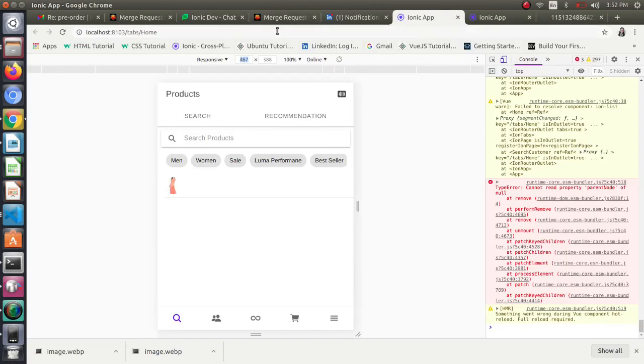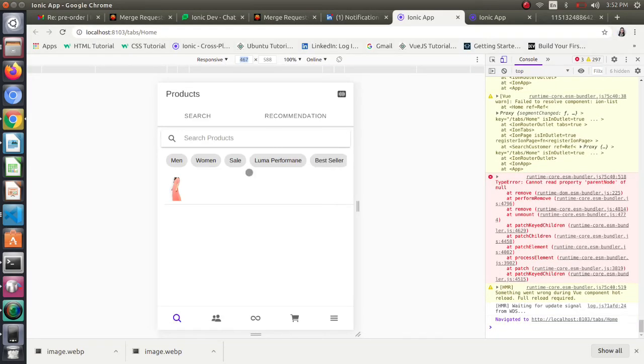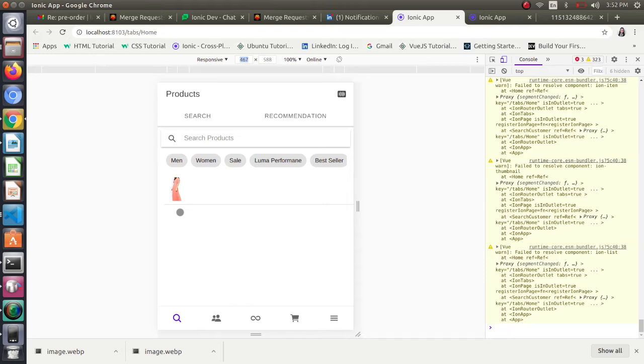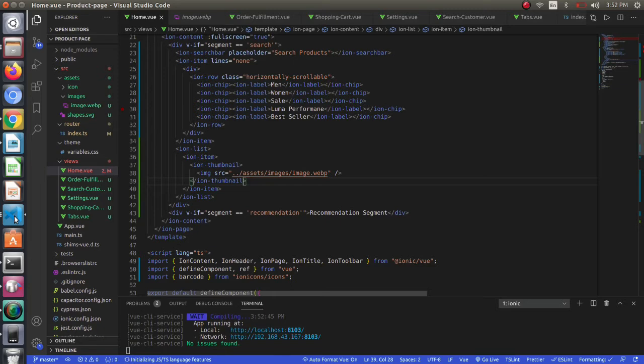And just refresh my page, and we are getting this result. We are not getting the full image view. For the full image, and the image without any stretch or anything like this, we will be using a CSS property called object-fit, and I will be using object-fit here for that, because object-fit is used to fit our image in the thumbnail.